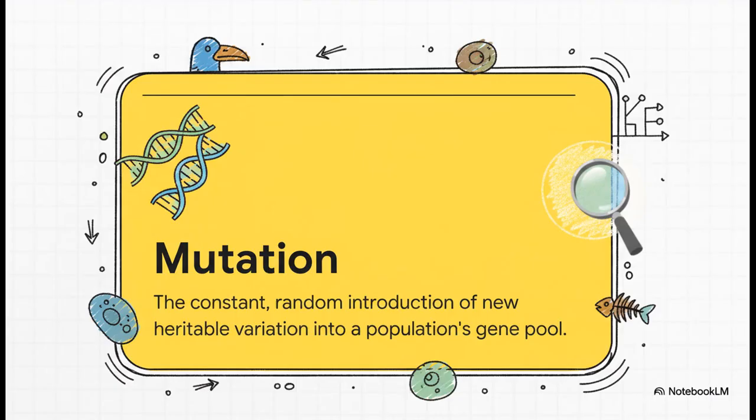First up, it all starts right here with mutation. You can think of this as life's R&D department, constantly cooking up new ideas to try out. These are just random, spontaneous little tweaks in the genetic code, and they're happening all the time. For instance, every single human born carries dozens of brand new mutations that their parents didn't have. This is the raw material, the stuff that all evolutionary change is built from.